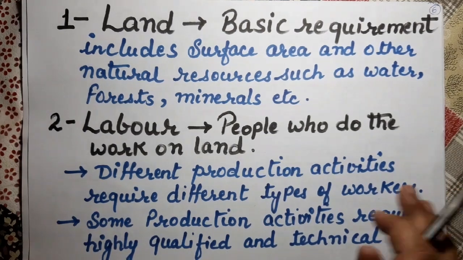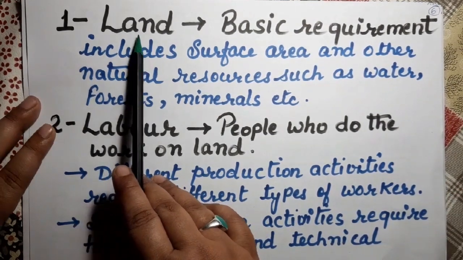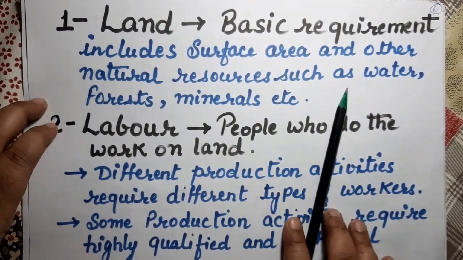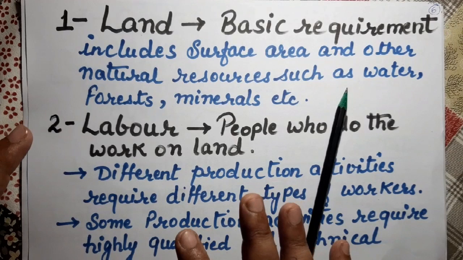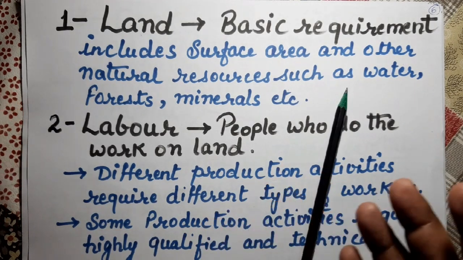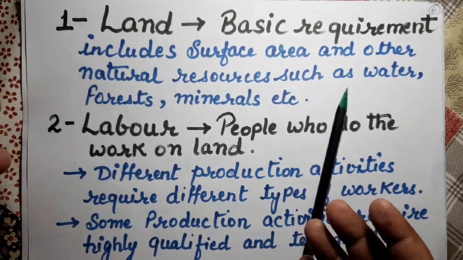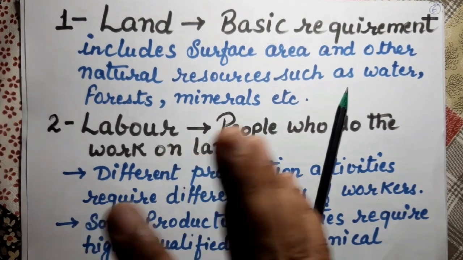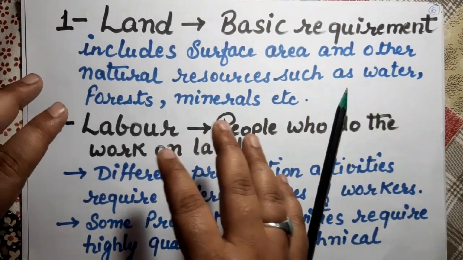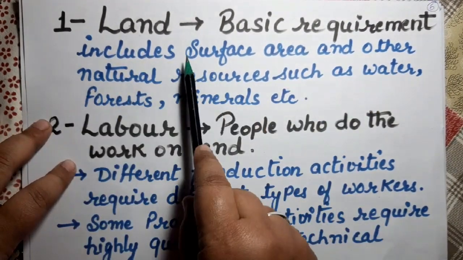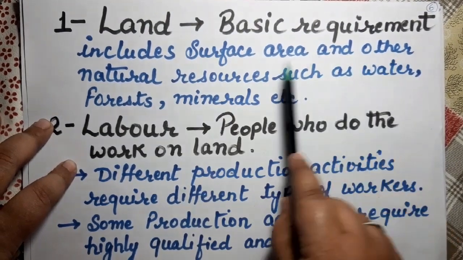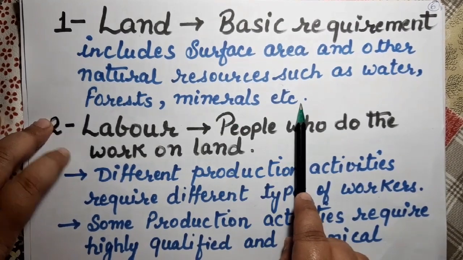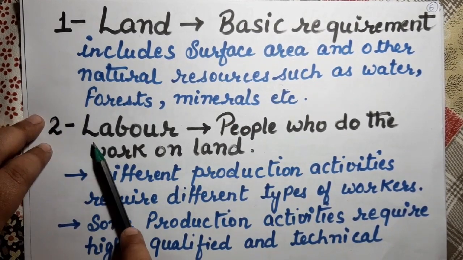Now, the first factor of production is land. Land is the basic requirement. For example, if any person is going for any business, firstly what will he think? Firstly he will arrange for the basic requirement, and that basic requirement is land. Land includes the surface area and other natural resources such as water, forest, minerals, etc. Now, the second most important factor of